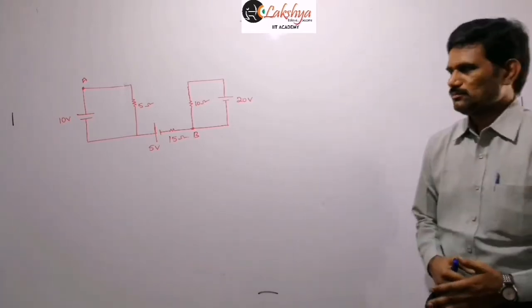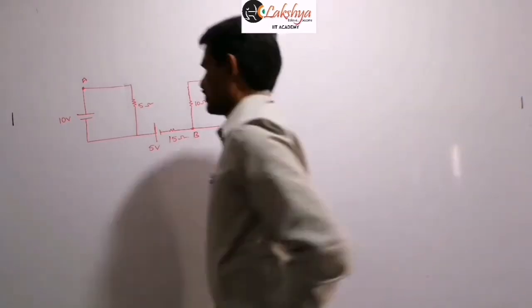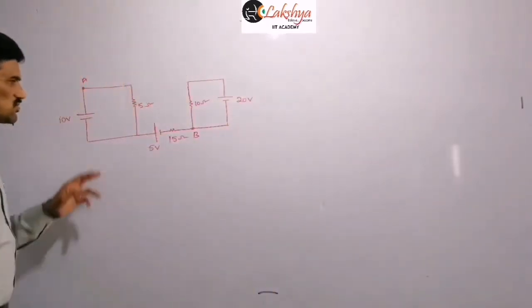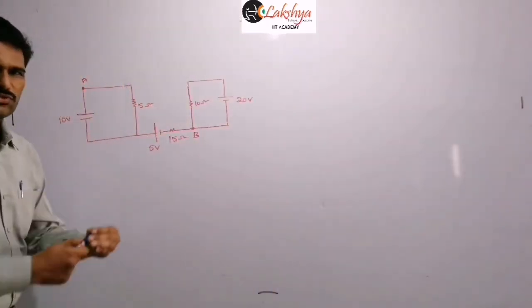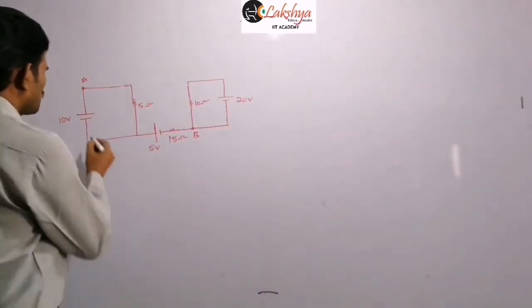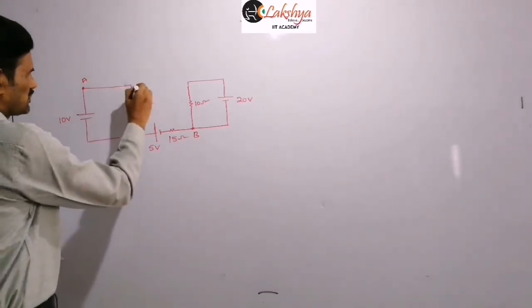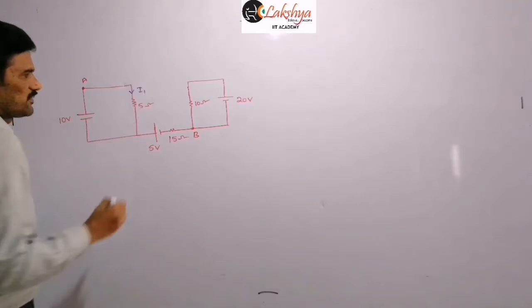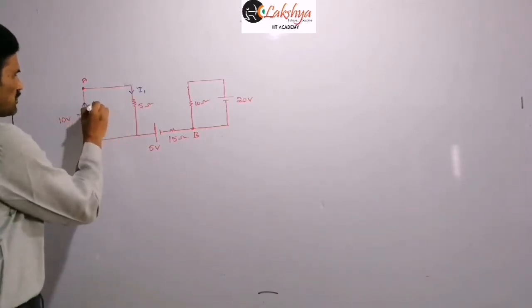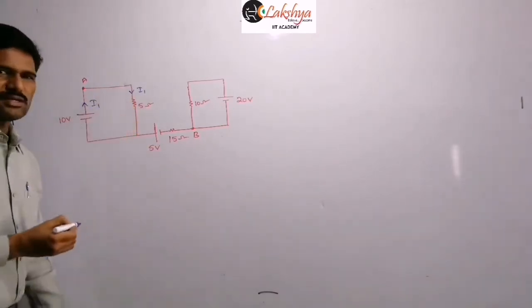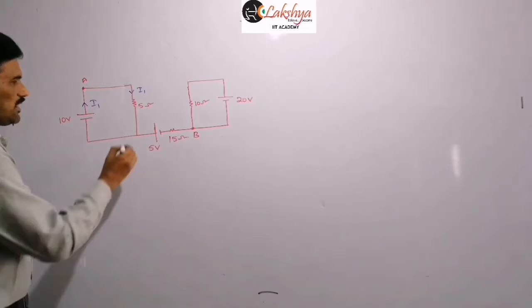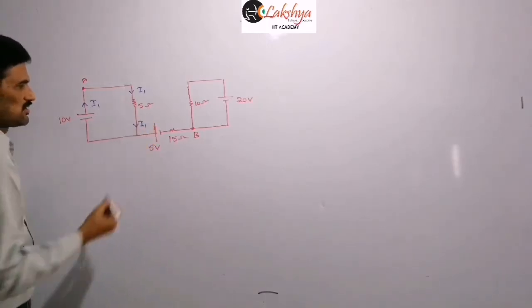So let us first take the current distribution and find the values here. Suppose from this cell I am taking this current I1 flowing here. So this I1 is flowing like this, right? That means from the positive terminal of the battery, the current I1 is coming out here. And next when you are reaching this junction here,